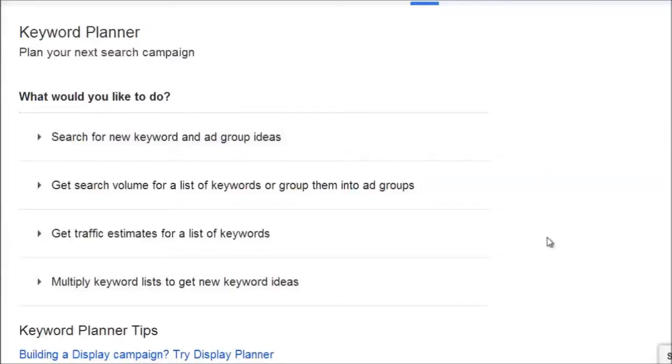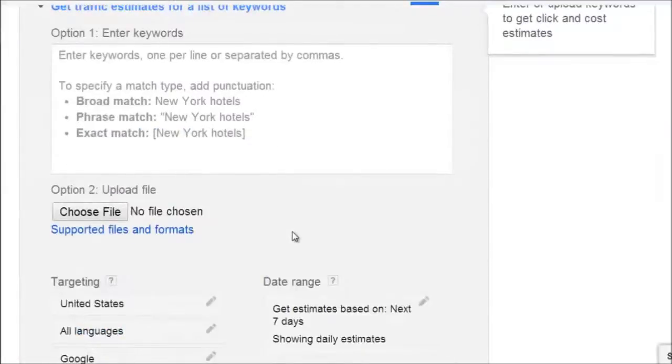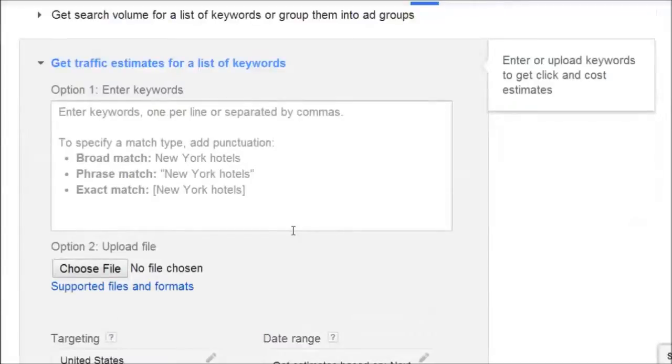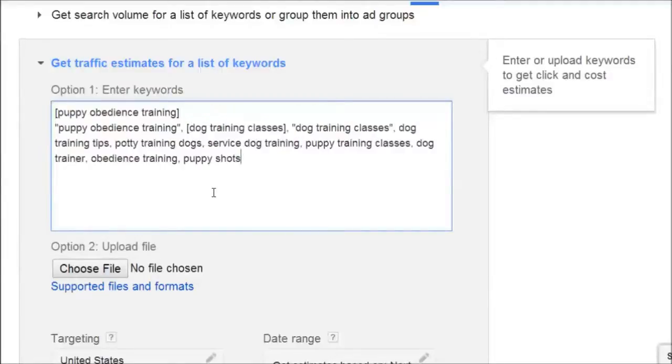So in this video, we're going to be focusing on getting traffic estimates for a list of keywords. Very similar to the previous video, if you had a chance to watch that, I described what broad match, phrase match, and exact match are, but all you have to do is simply enter the keywords here. We can enter them here, but you can put commas in between the keywords, or you can simply do them like this,